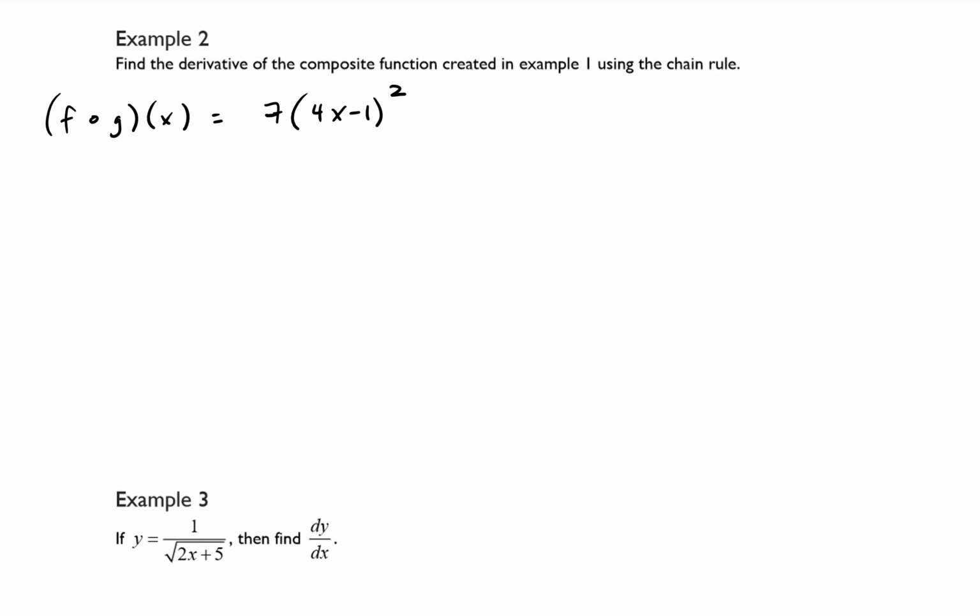If we wanted to find the derivative of that using the chain rule, one way is to think of the inner function as u equals 4x minus 1. Actually, let me rewrite it without taking the derivative first. Let me rewrite it as 7u